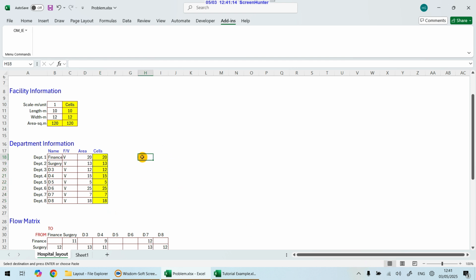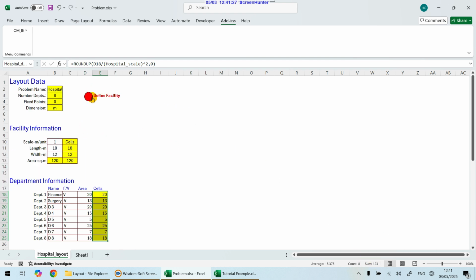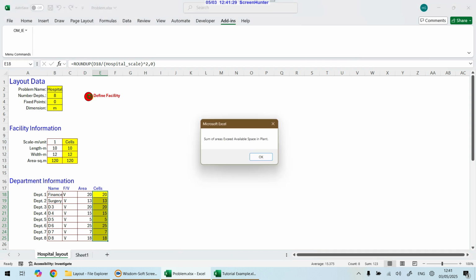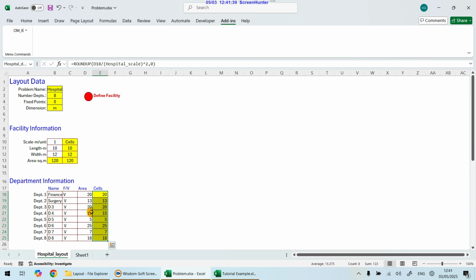If it is greater, assume that for department 1 instead of 12 you write 20, and the total area requirement now is 123, more than this value. If you click on this button, which is the next one we are clicking on, it gives you an error saying that sum of areas of these departments exceeds the total available space. You see, so in that case you need to revert it back. I mean, you need to make sure that the total area requirements of the departments is less than or equal